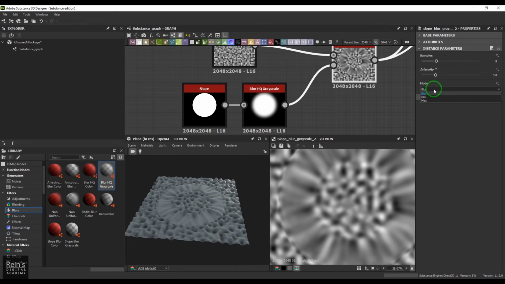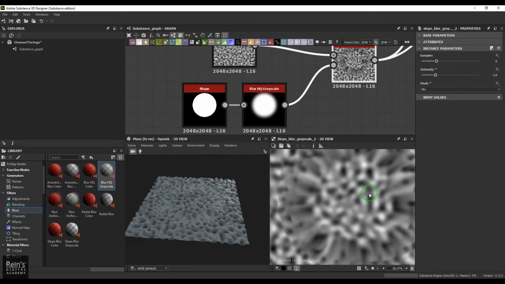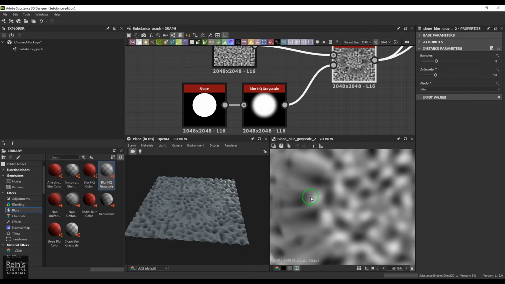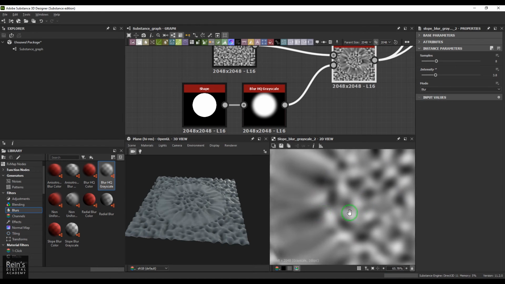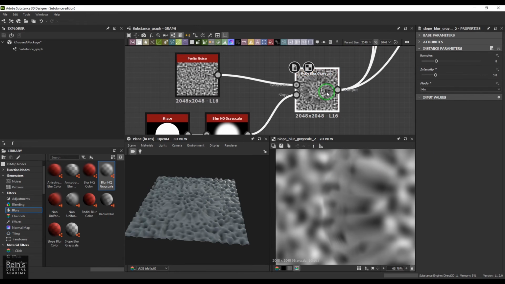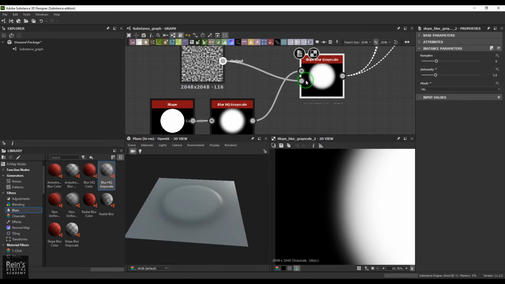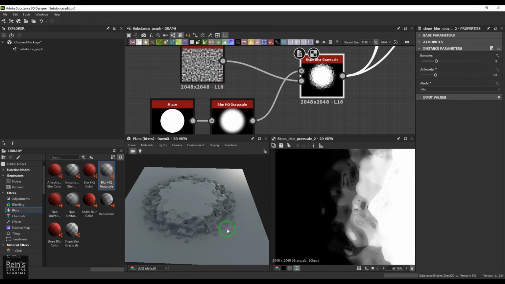Then we have a minimum and a maximum, which clamp the ranges below certain areas. It generally chips off some unwanted blacks and whites when we say minimum and when we say maximum. So maximum clamps the highest values, and minimum does the opposite of that. This can be swapped. As I told you, I can swap it to the opposite side, and then you get this kind of nice